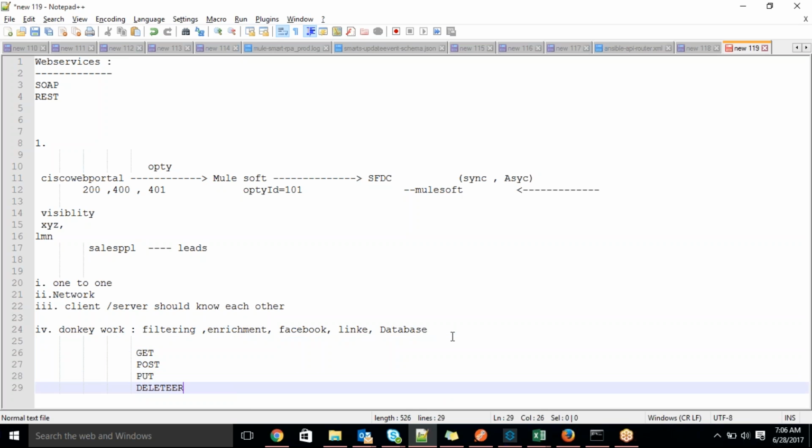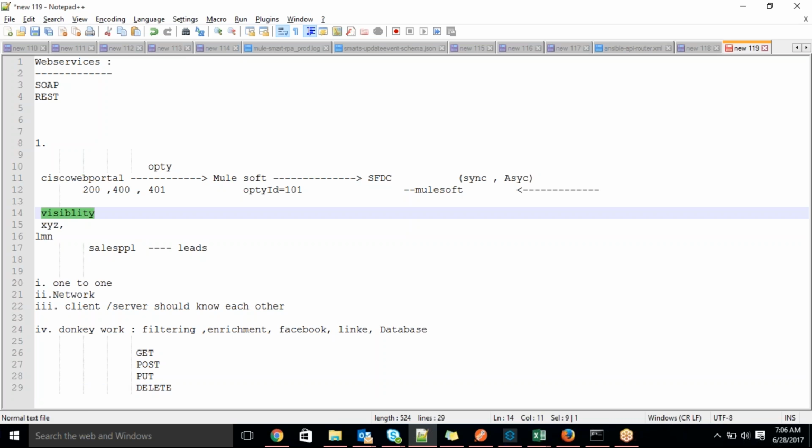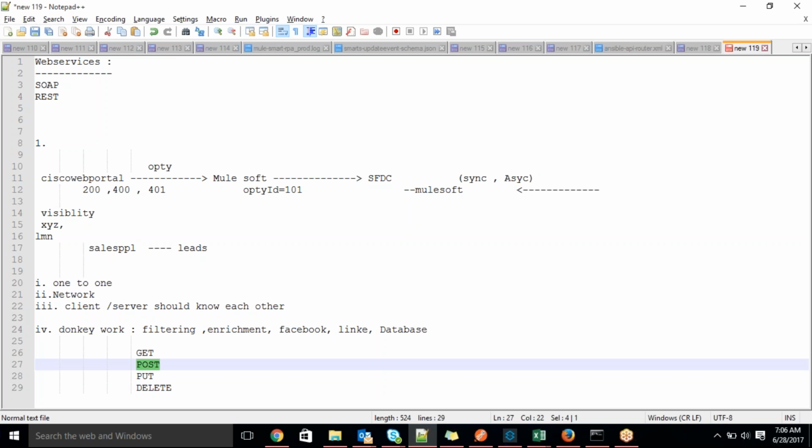These are all methods related to the HTTP protocol. Suppose the user wants to create an opportunity, so that should be a post method. Why? Because he should send some information to Salesforce, the opportunity information. So that is a post method.